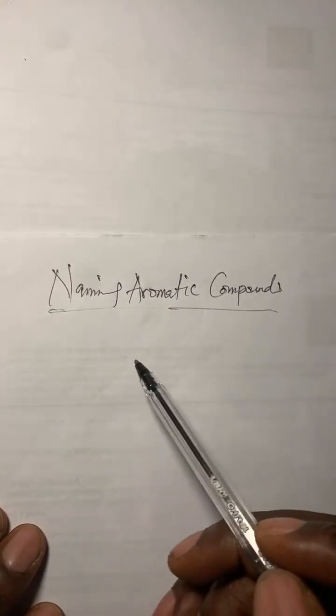So I started off by saying that naming aromatic compounds simply involves following a set of rules. However, there are just small exceptions to these rules. You need to be familiar with those exceptions, and I'm going to share them with you. Sometimes the same compound can have more than one acceptable name. All right. So we have already seen that benzene consists of six carbon atoms, and each carbon atom is also bonded with one hydrogen atom.